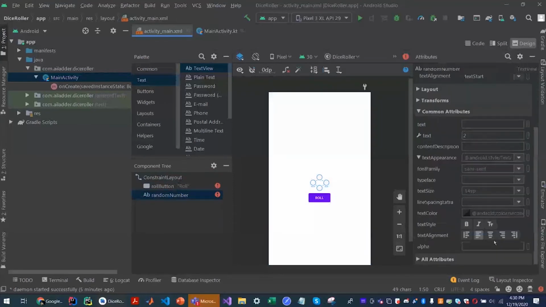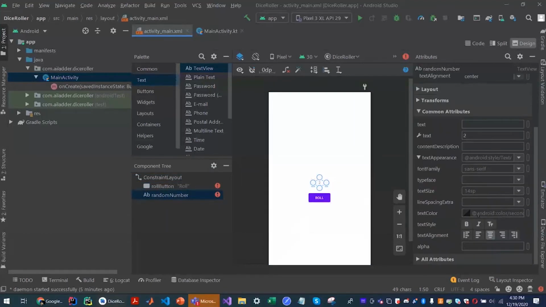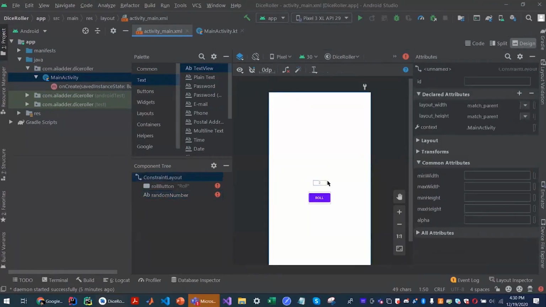You can even put it in the middle, just like how you do in Word or PowerPoint. You can align it to the center, middle, left or right. Now, here you can already see that there are errors. It says the view is not constrained.